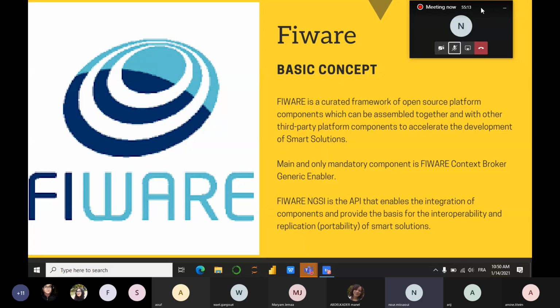The need to manage context information, enabling to perform updates and bringing access to context. FiWare Next Generation Service Interface is the API exported by FiWare Context Broker, used for integration of platform components within a powered by FiWare platform and by applications to update or consume context information. Next,